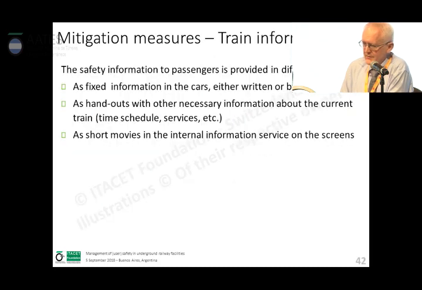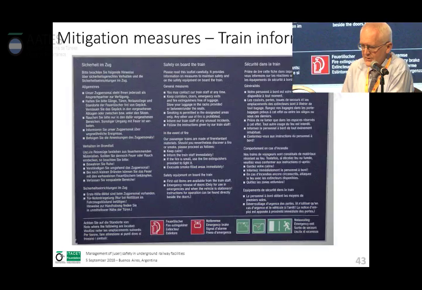Then there is a set of information which you have to provide to the passengers, written by pictograms as handout or as major documents or movies for training purposes, especially for the train staff, or on the screens in a train.